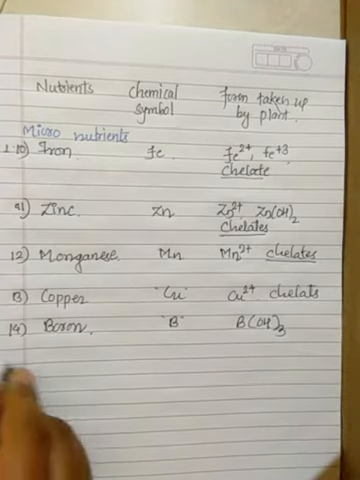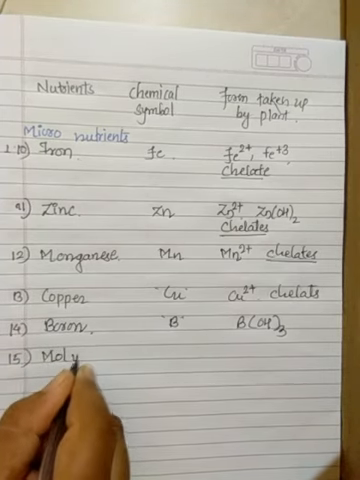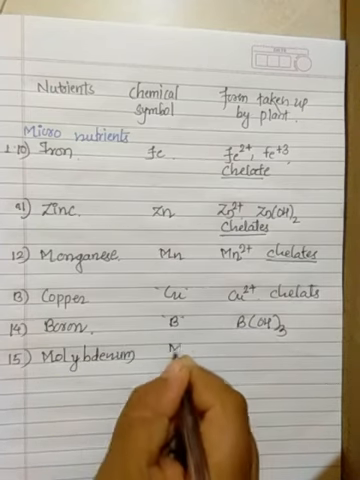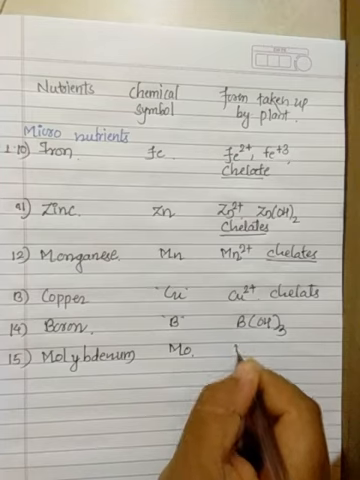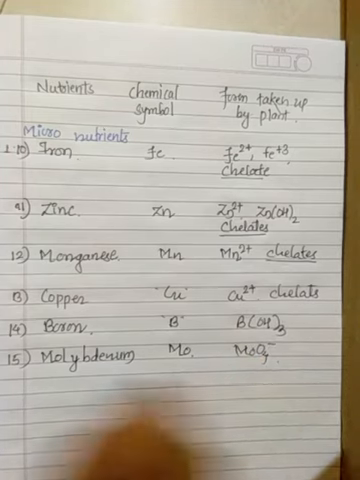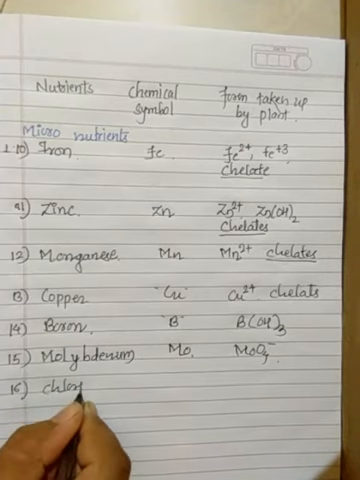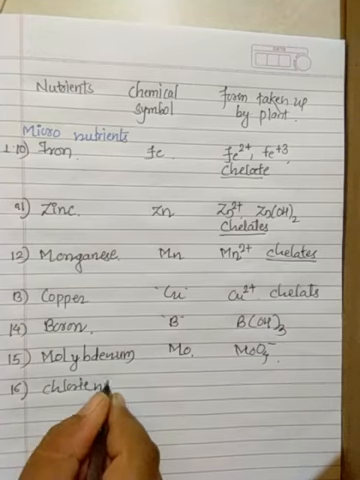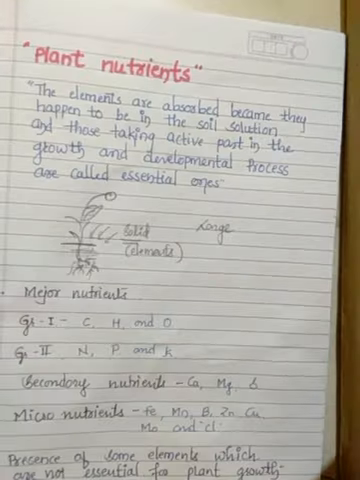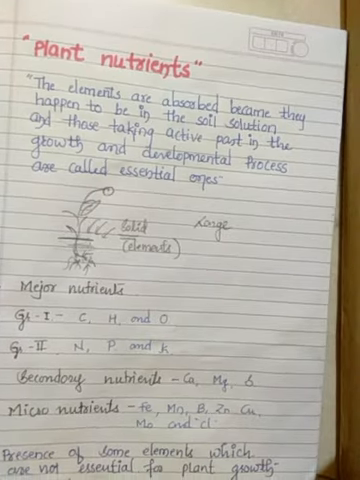Next, molybdenum. Molybdenum, symbol for that Mo, in the form of oxides it will be required. Next, chlorine, Cl minus. In the last class we have already revised this, isn't it, about the plant nutrients, in that major,